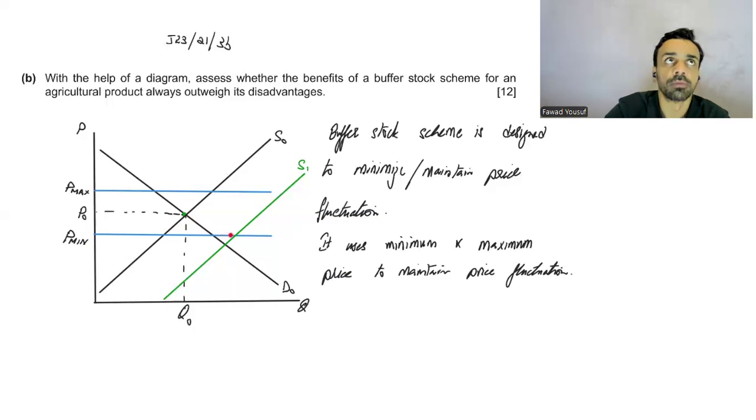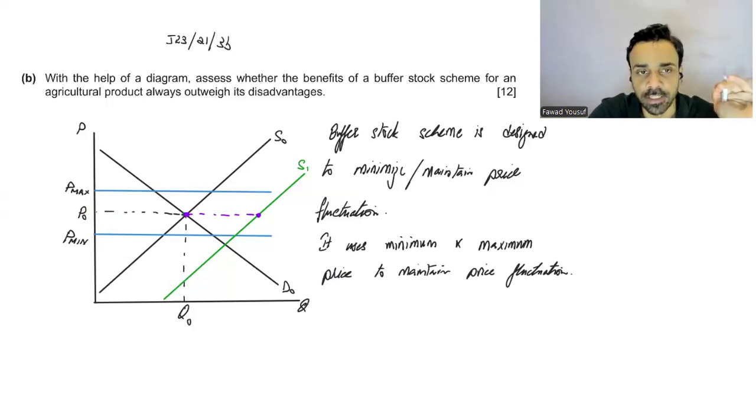Okay? Now the government or the producer, whoever is running the buffer stock, will intervene and they're going to buy the excess. Now if you want to take the price back to P0, then you know how much the surplus is, right? Look above the price P0, that quantity demanded is here. Do you say ineffective minimum maximum price? No, you're not going to say effective minimum. You're just simply going to say that the government is going to use minimum and maximum prices to maintain price fluctuation. That's it. You don't need to say whether it is effective or ineffective.